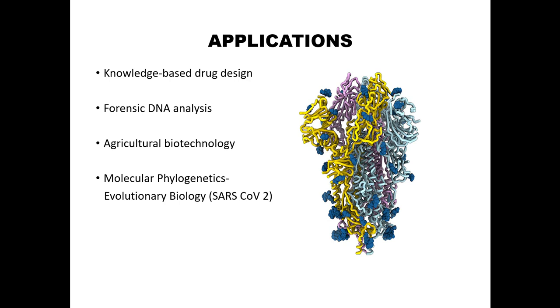Then molecular phylogenetics. In phylogenetics, we figure out the evolutionary relationship of the organisms. That is, what kind of evolutionary relationship there is, which organism evolved earlier, which organism evolved later, that we can see, right? We can see their evolutionary distances, we can see the divergence. So this kind of phylogenetic analysis can also be done in